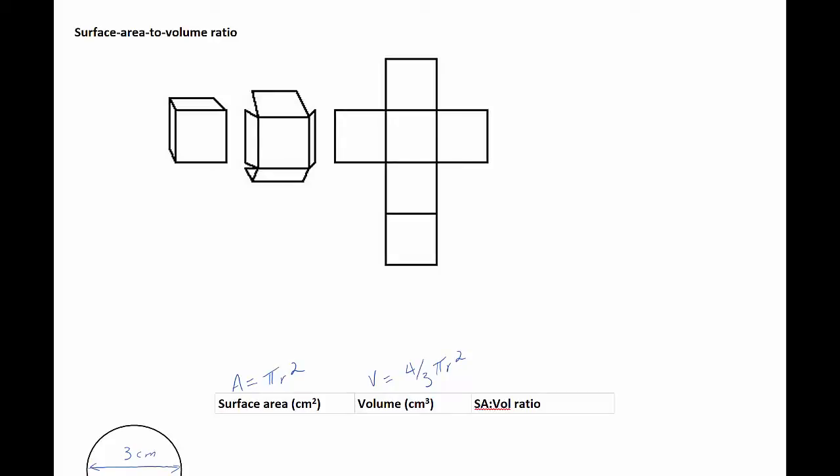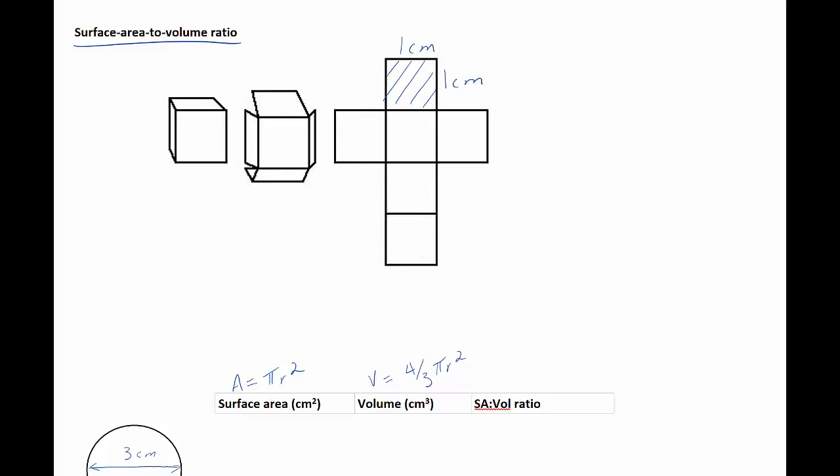Another important concept that affects the rate of exchange of materials across membranes is the surface area to volume ratio. Let's start by taking a look at this concept in a cube rather than a cell. If you unfolded a cube, you would end up seeing the surface area, which would be the entire outside surface of the cube. And if this cube was 1 centimeter